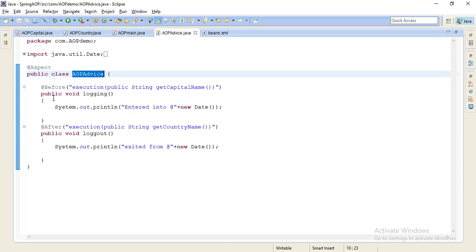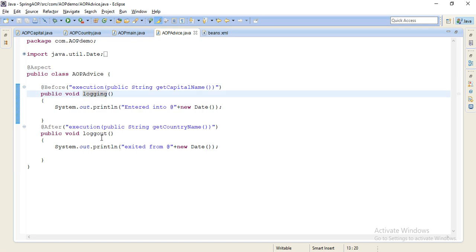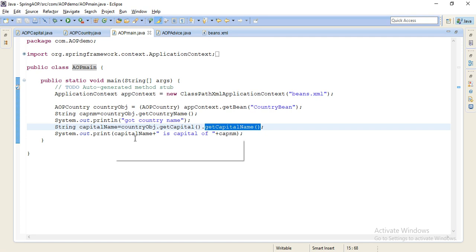AOP advice has two methods, the logging one and the logout one. Whenever your main method calls getCountryName and getCapitalName, two methods are there.